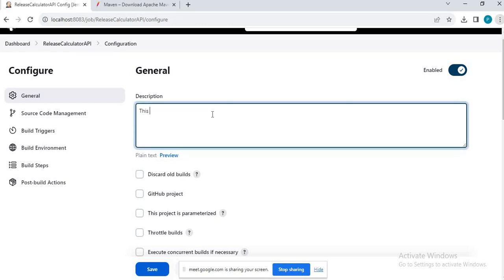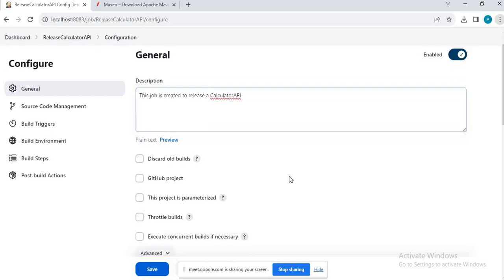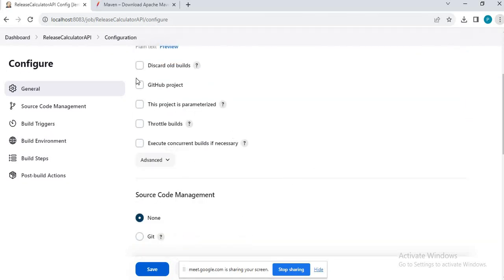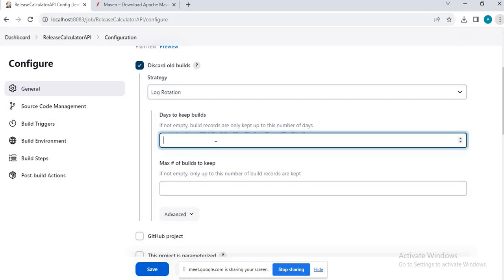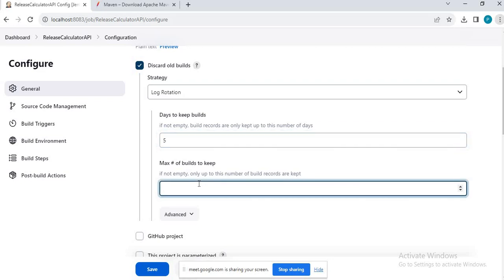This job is created to release a calculator API. We can provide here discard old builds. Days to keep, I would say 5 days. Max number of builds I want to keep, I just want to keep 5 builds.